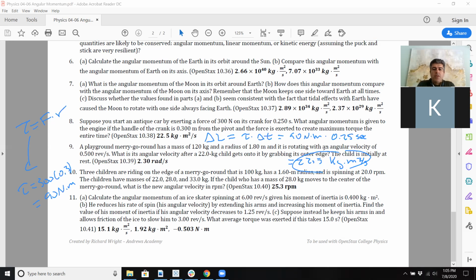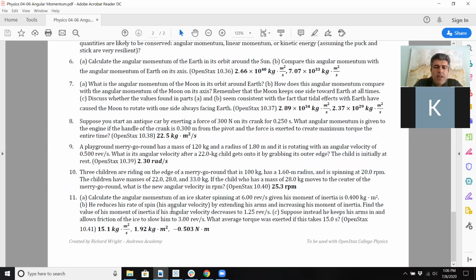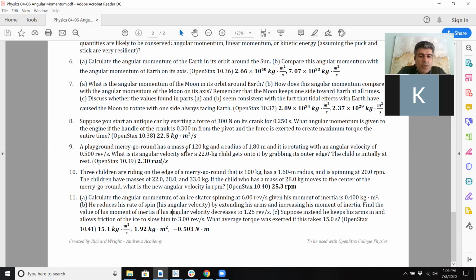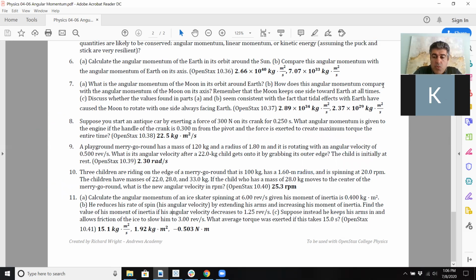No? Okay. So let's talk about 10. I wish there would have been more room at the bottom here, so I'll have to be creative with how I use space. So 3 children are riding on the edge of a merry-go-round that is 100 kilograms, has a 1.6 meter radius, and it's spinning at 20 revolutions per minute, okay? The children have the following masses. If a child who has a mass of 20 kilograms moves to the center of the merry-go-round, what is the new angular velocity